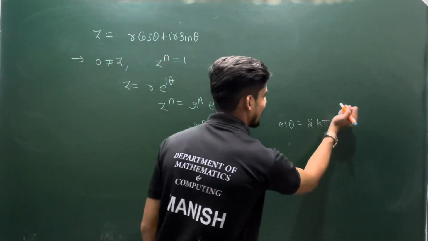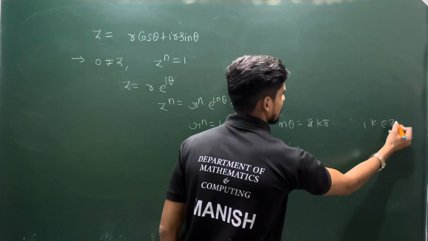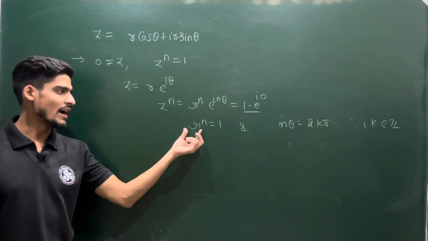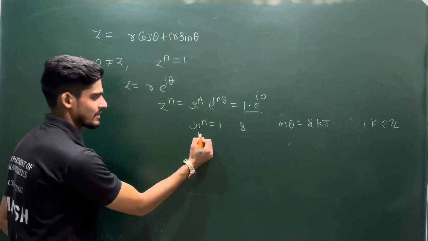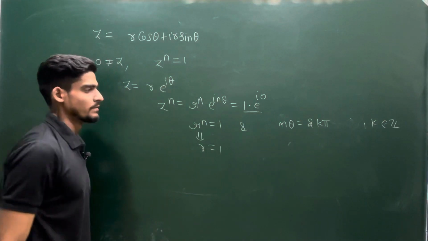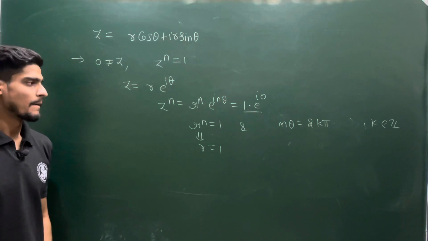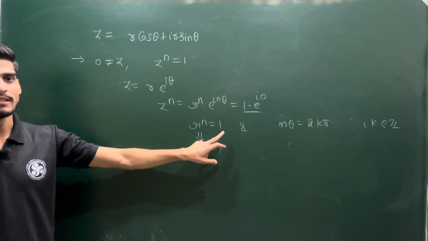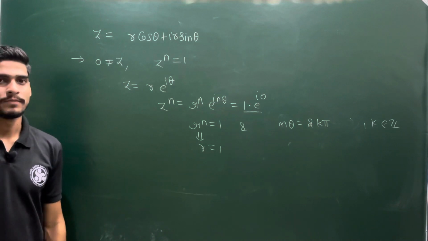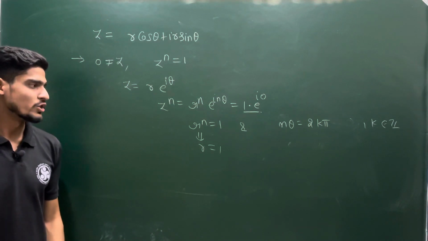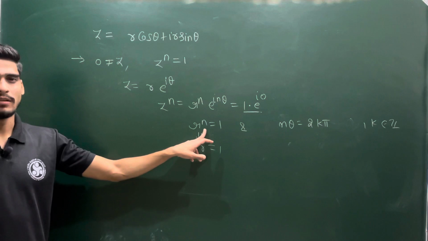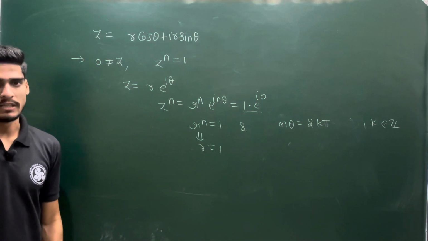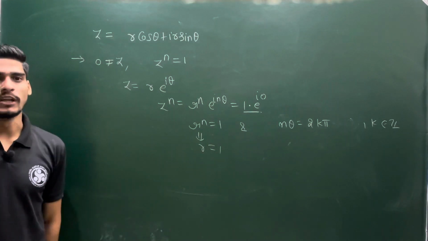But 0 will not affect anything where k is an integer. So what about this r? If r power n is 1, can I directly say this will give me r is equal to 1? If r power n is equal to 1, then on the real axis it can have at most two solutions. What are those solutions? The solution will be r is equal to 1 or minus 1. If your n is even, then you will have two real solutions. If n is odd, then you will have only one real solution.